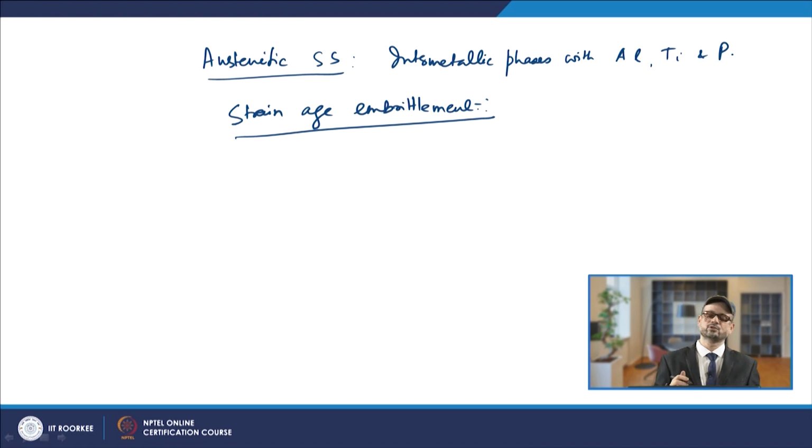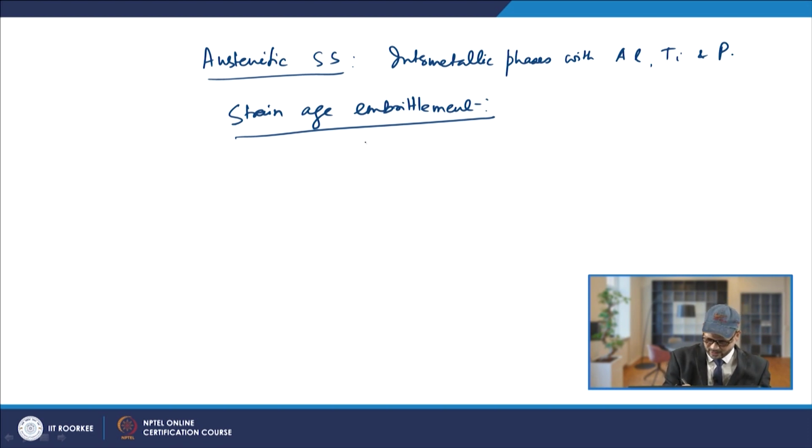So strain age embrittlement is another possibility when we talk about heat affected zone formation. It is the possibility when the metal has been strained and heated